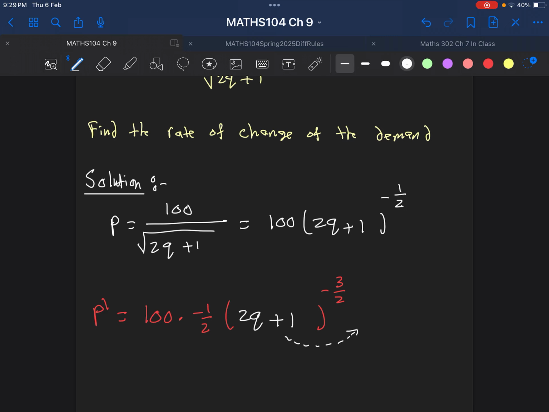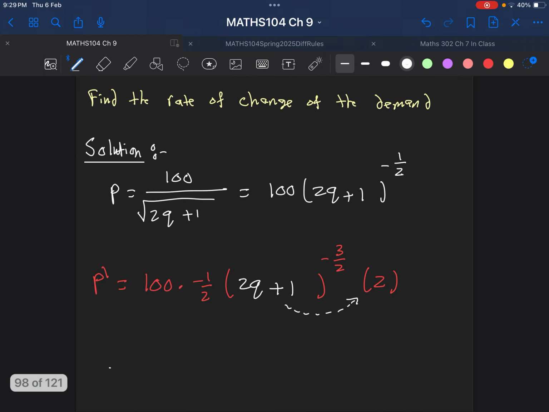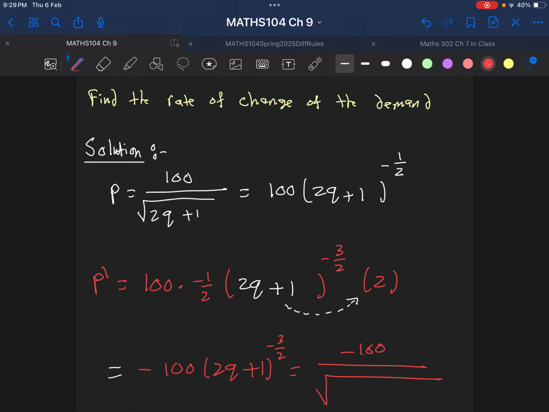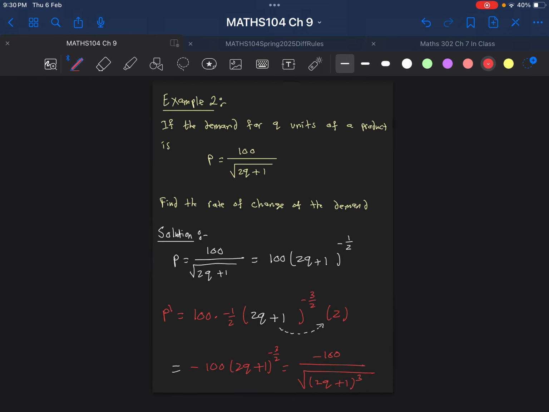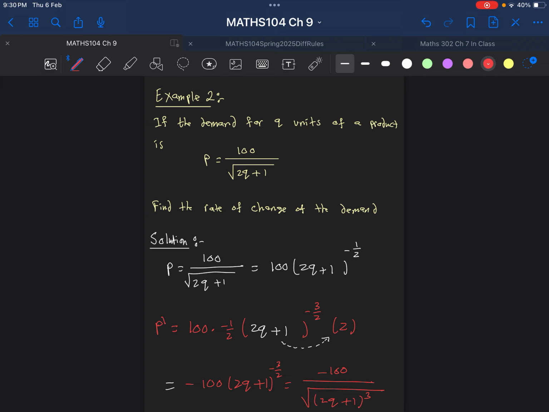Now the inner function, we will write it without changing the inner function, and then we go and find the derivative of the inner function, which will be just 2. If we simplify this one, the final answer will be -100 (2Q + 1) to the power of -3/2, which can be written as -100 over the square root of (2Q + 1) cubed. And that's the